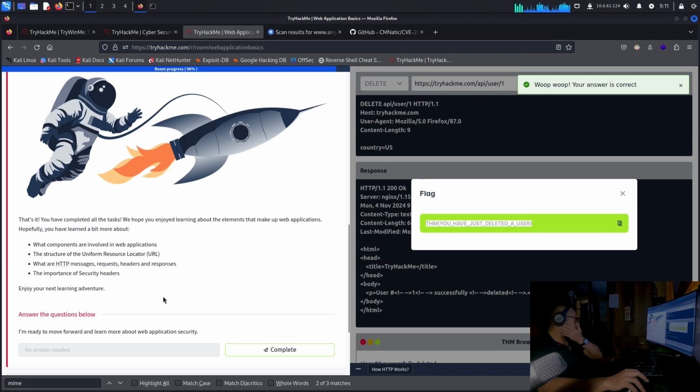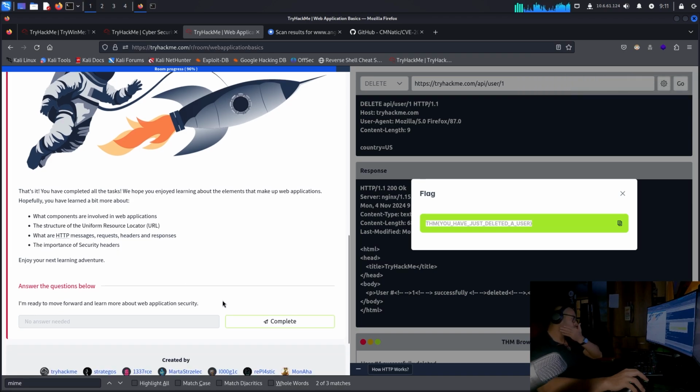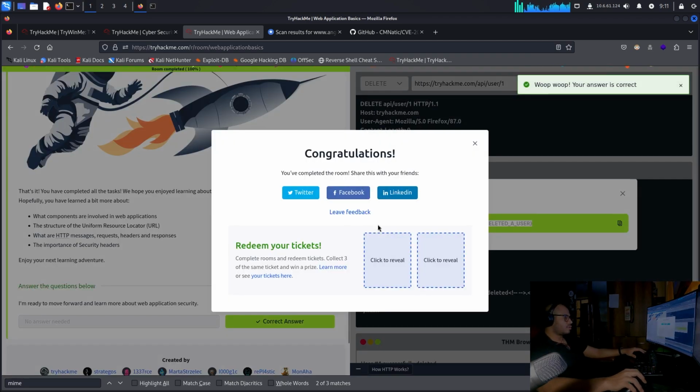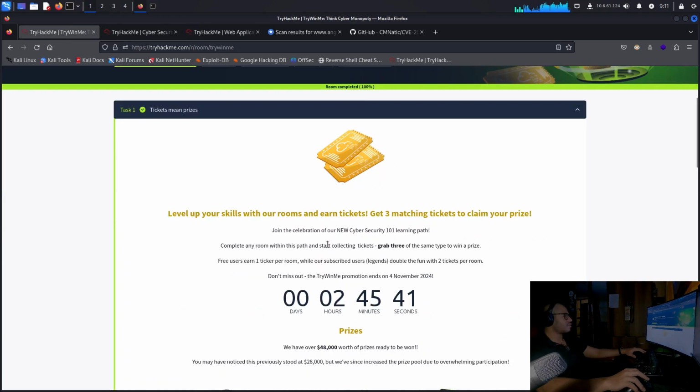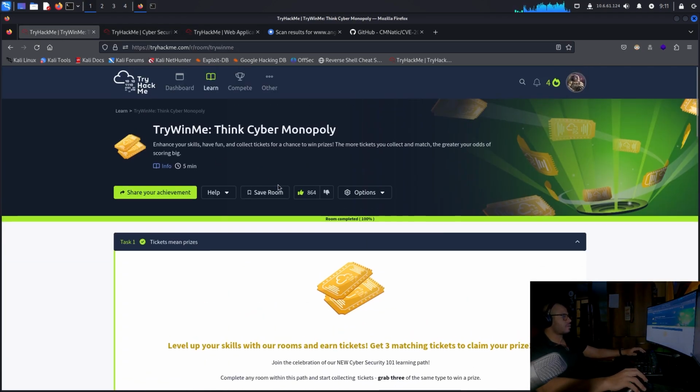Quiz on the components involved in web applications with the structure of a uniform resource locator or an HTTP request. Yeah, sure. I mean, it was fun. Come on. What do I get? A laptop? I mean, I'm just missing one, guys. This happened also the last time I went through a